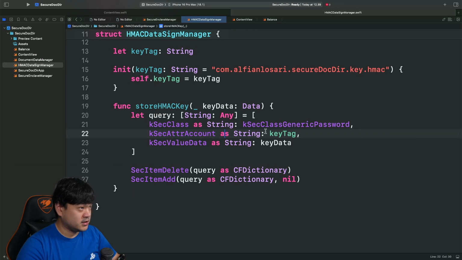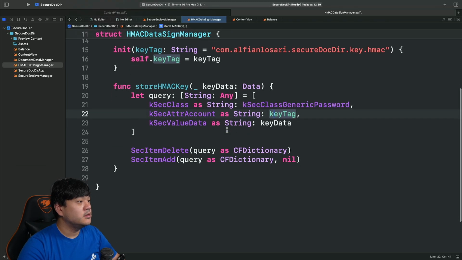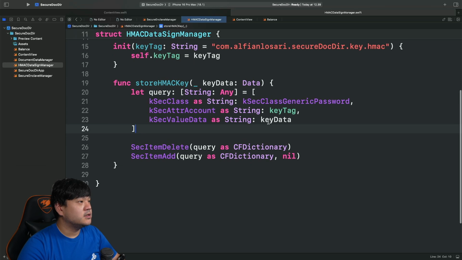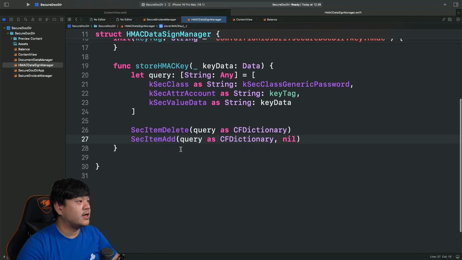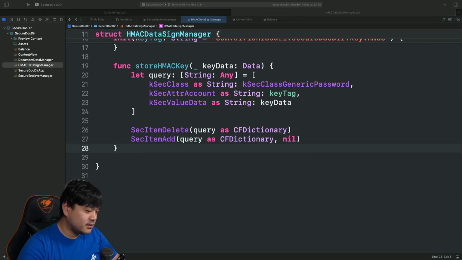The class is just the generic password, the attribute account, which is the key tag to associate this with the application, and the value data is the data that we pass in the parameter. And then we can simply just delete the previous one and just add the new one here using SecItemDelete and SecItemAdd.